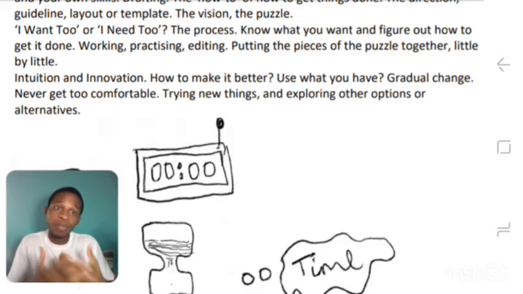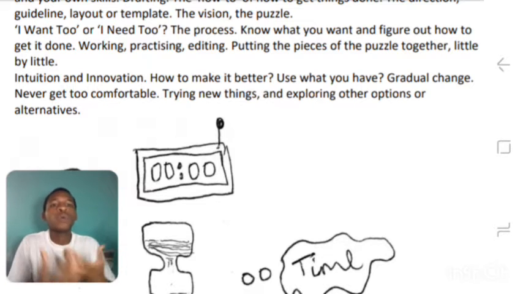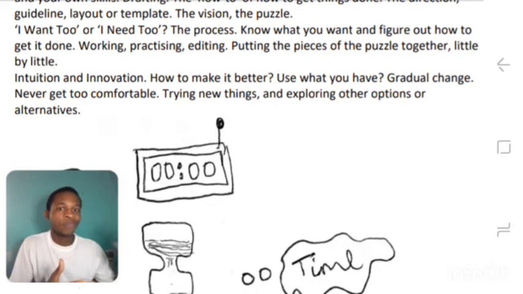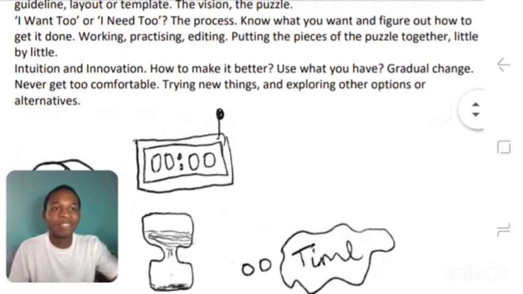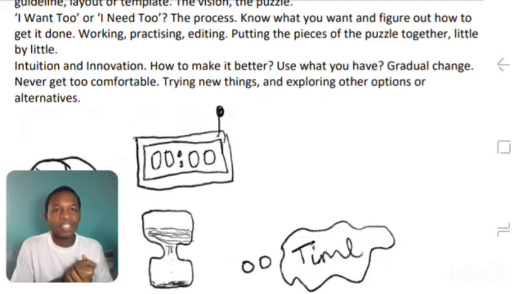But in order to put the pieces together, you have to know the grand scheme of the puzzle, what you want for your life, the different elements that make up your life. Putting the pieces of the puzzle together little by little, intuition and innovation.